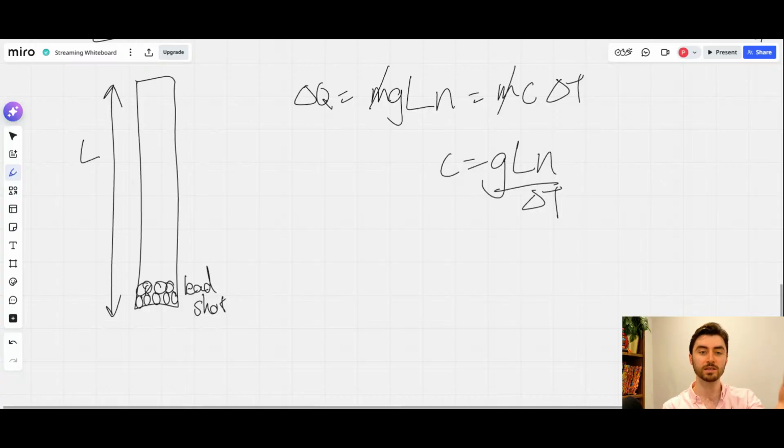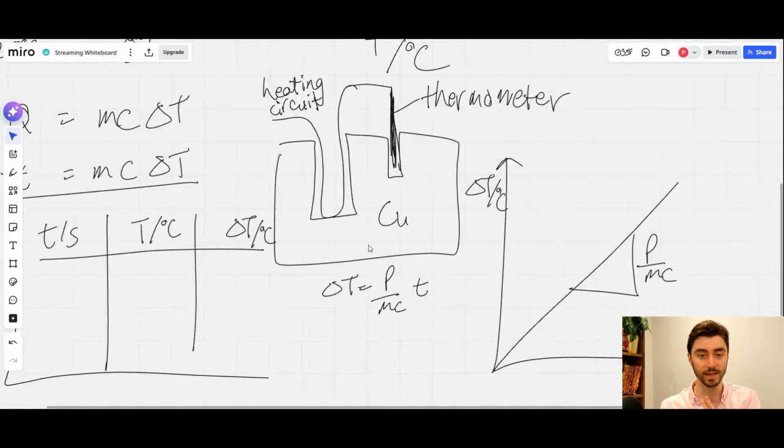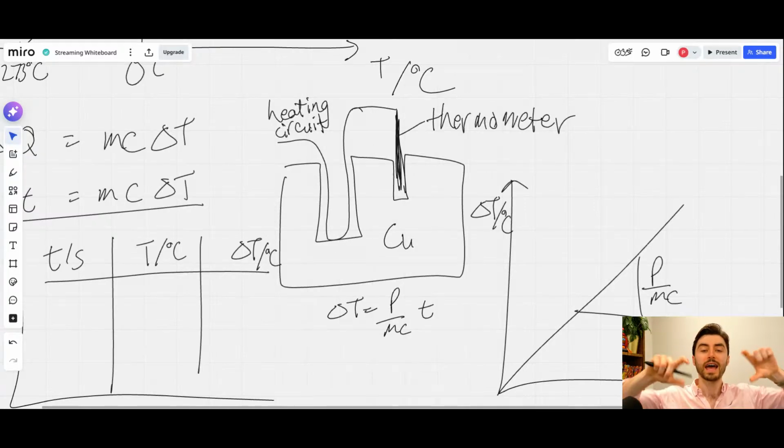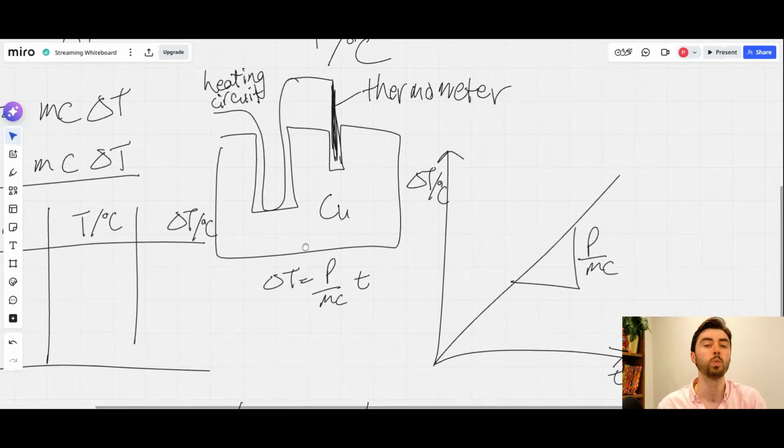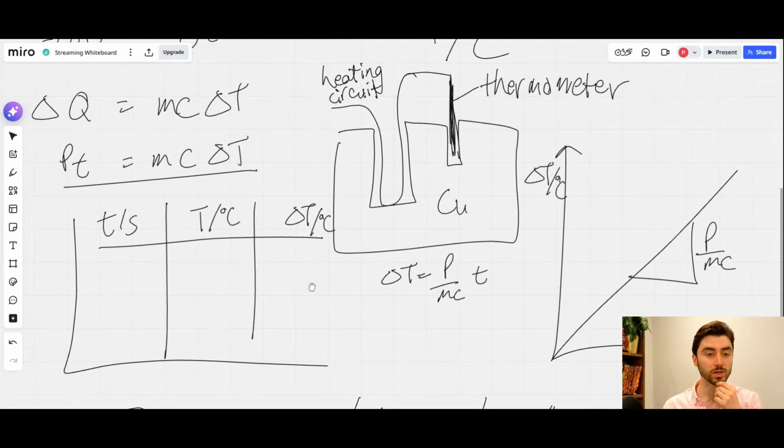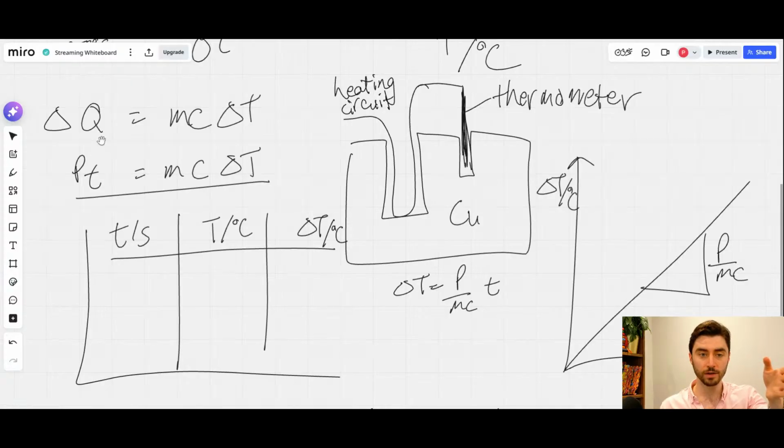In all of these cases, this assumes that all of the energy is going into raising the internal energy of the lead shot or the copper, as in the previous example. Not always so, because a lot of the times energy is lost to the surroundings. So you get heat loss to the surroundings, and you can begin to think about what consequence that would have on your results. So if we are assuming that all of the energy has gone into raising the temperature, but in practice it hasn't, in practice, we have achieved that raise in temperature with a smaller energy or a smaller input power. So the true power